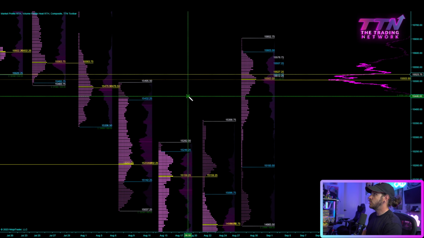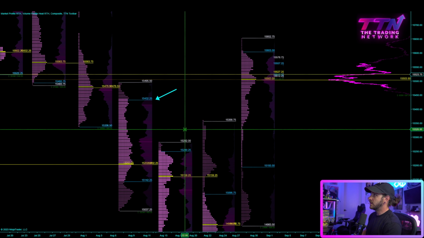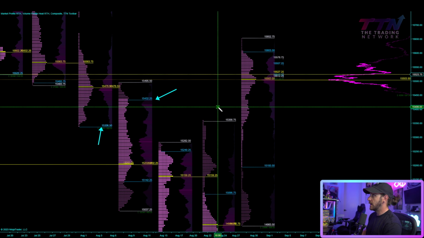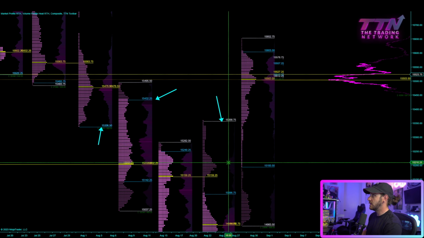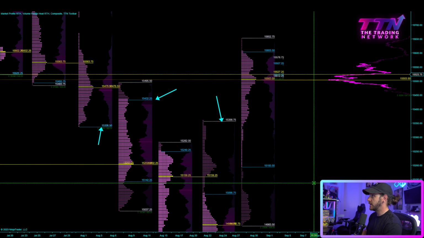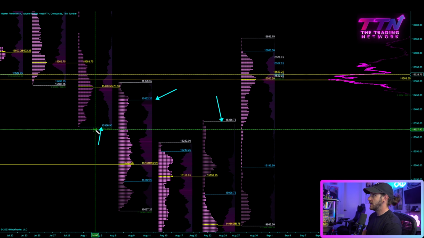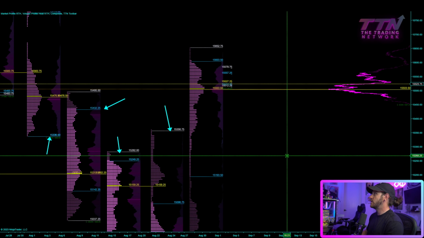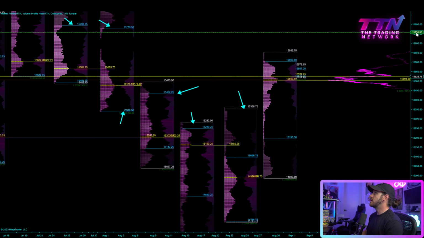And if we break 15.5K to the downside, I'll be looking for a move down to 15,430, 15,330, and we could have a little pit stop at 15,356 there as well. That's the weekly high from August 21st, and then if 336 breaks to the downside, looking for a move down to 15,282. So that is my story on NQ.